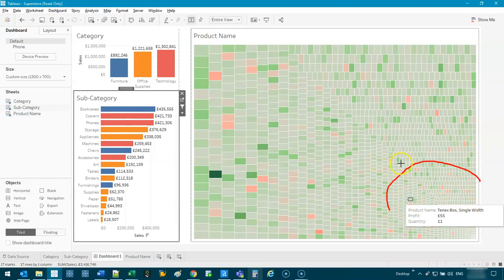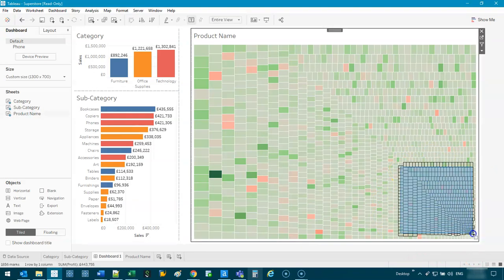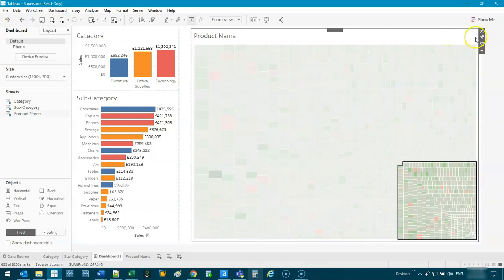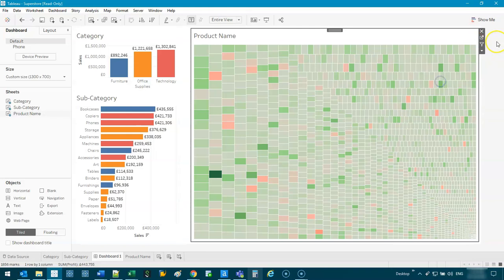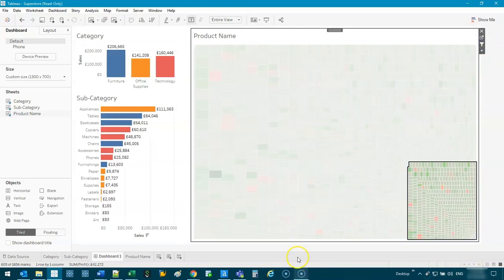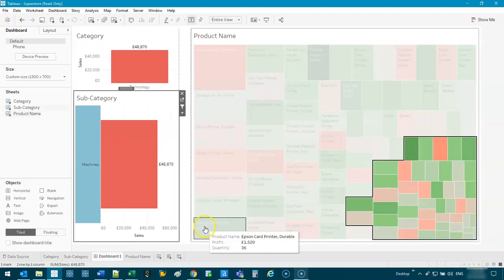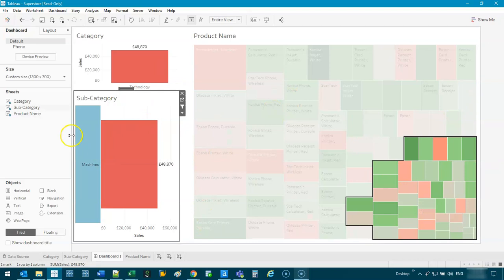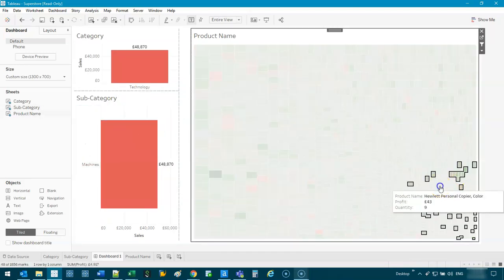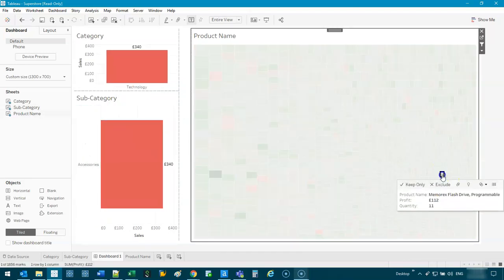Oops, hang on, I pressed right click. No, no, no. Right? Let's say, just show me this group right here. I can actually just go like this, and it will show me a breakdown of category and subcategory sales. Oh, hang on, we got to activate this first. Forgot that step. All right, so I can go something like this, right? And you can see this is filtered, and I can go, well, only show me machines, right? And you can see you can go back and forth, and this is basically what's called data deep dive or